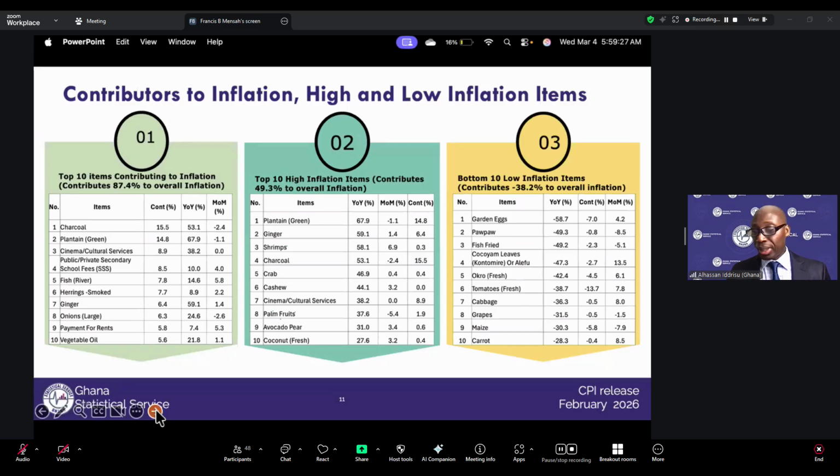So yes, we need stability. Yes, we need to be sure that inflation is coming down, is stable, provides stability, and is sustained. At the same time, we have to make sure that we are hovering around the tolerable level of inflation that's consistent with the development objectives of the country. So I think that is how I would answer this question. Thank you very much.